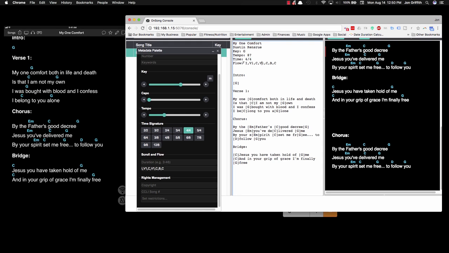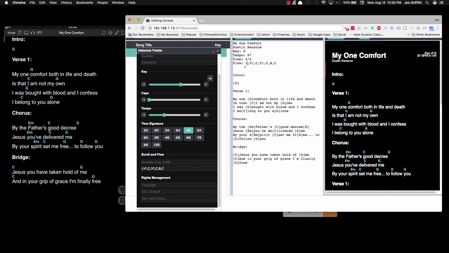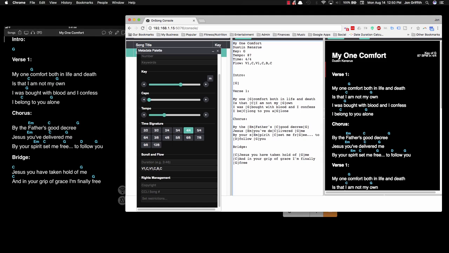of these defined sections, it's going to pull the information from that section and display it on the song. So intro, intro. If we take this out, you'll notice the intro is going to go away. This allows you to customize a song very quickly by changing the flow or creating duplicates of the song with different flows